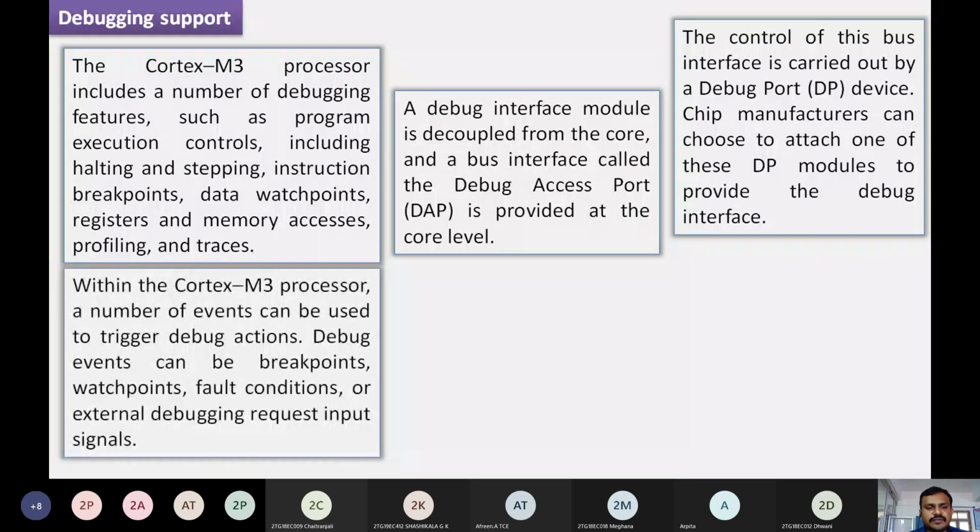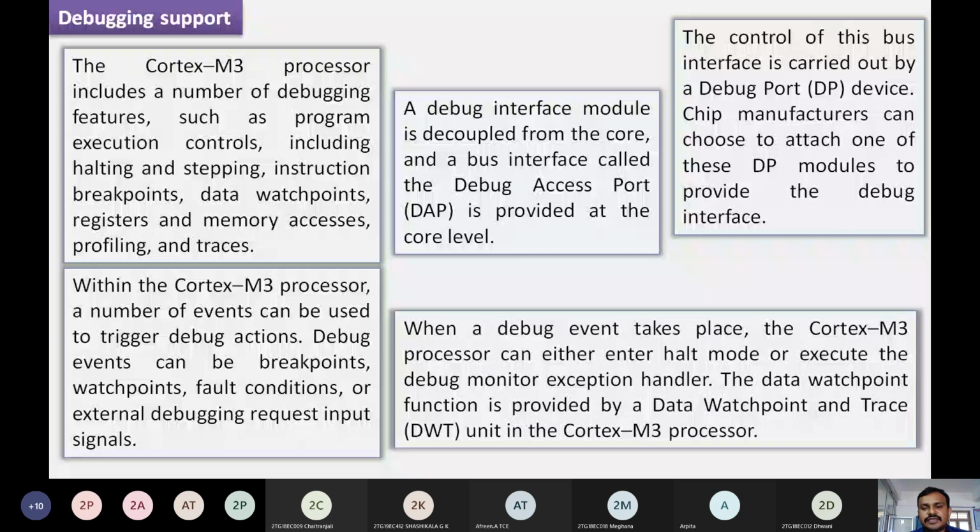Within the Cortex M3 processor, a number of events can be used to trigger debug action. The debug events can be breakpoints, watch points, fault conditions, or external debugging request input signals. So within the Cortex M3 processor, these events are triggered to perform the debugging operation at the PC.